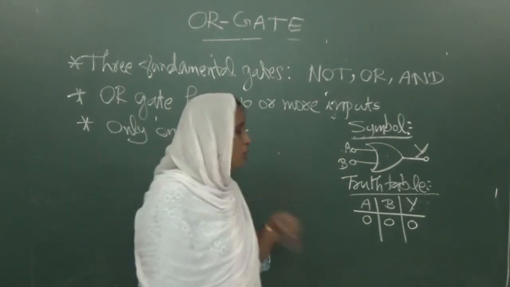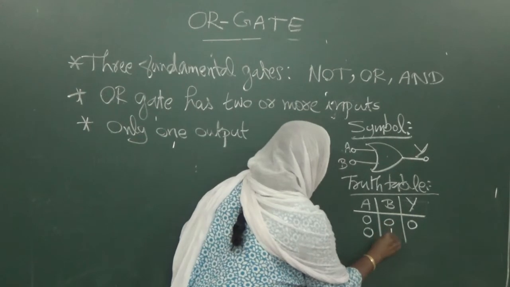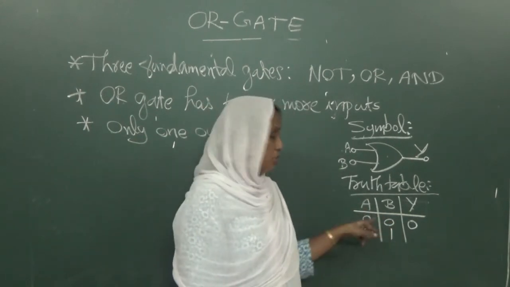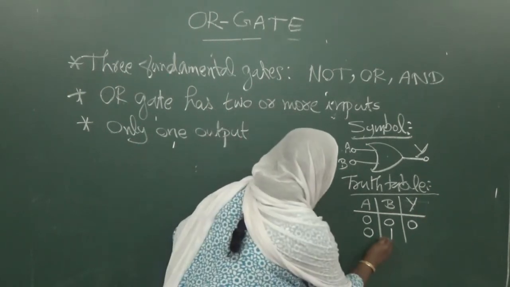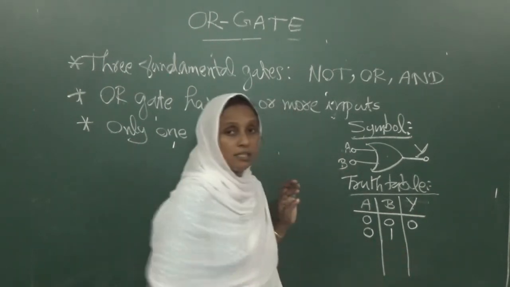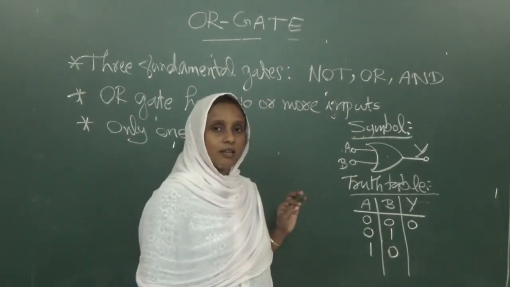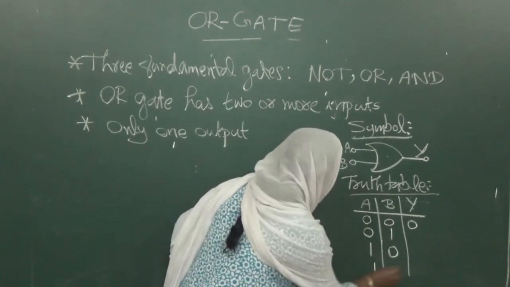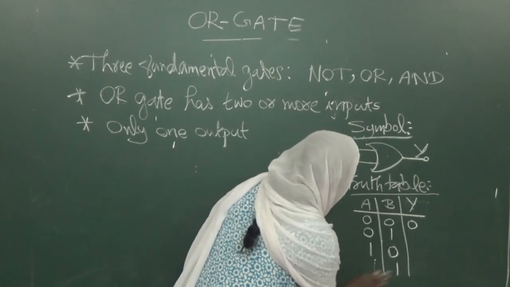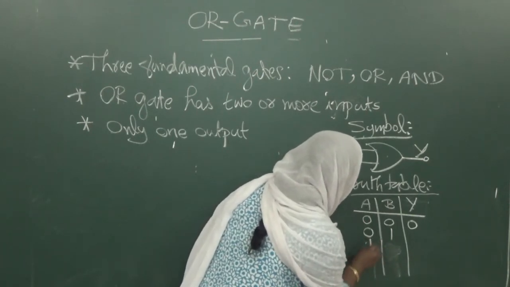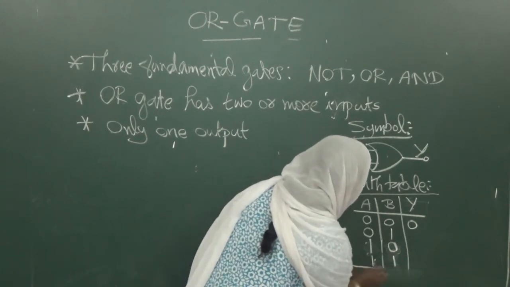Now we want to check 0, 1. Okay, the next combination is 0, 1. Why do we write 0, 1? 0, 0 is 0, and 0, 1 looks like 1. Right? Next combination, we can write all the combinations first. Next combination 1, 0. Next combination 1, 1. We write here 1, 0 and 1, 1. Okay. Like this.